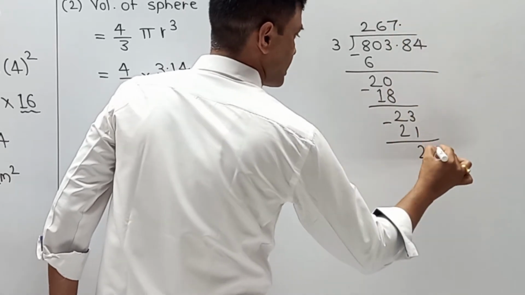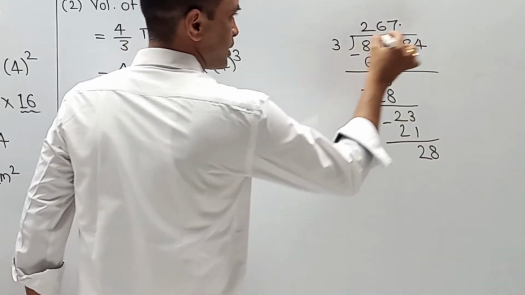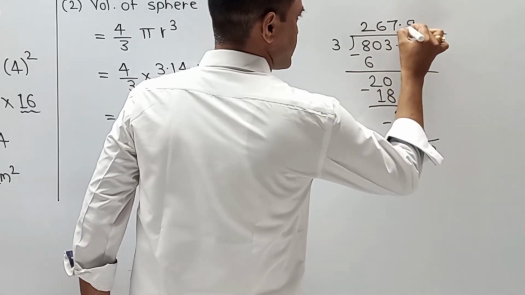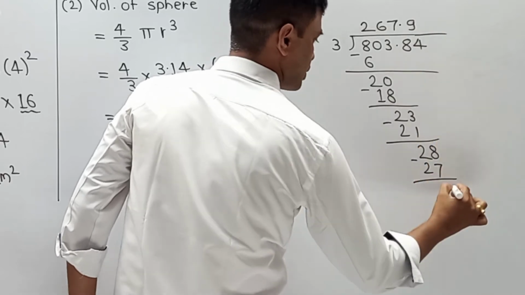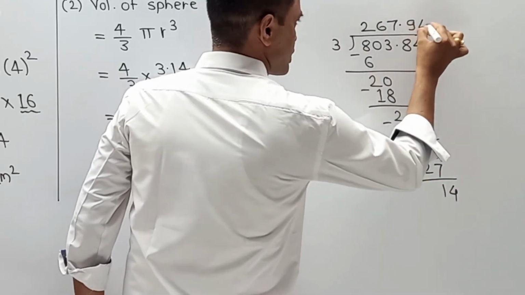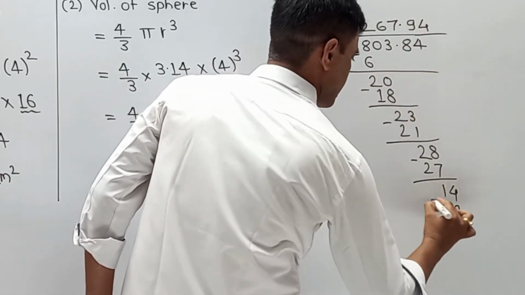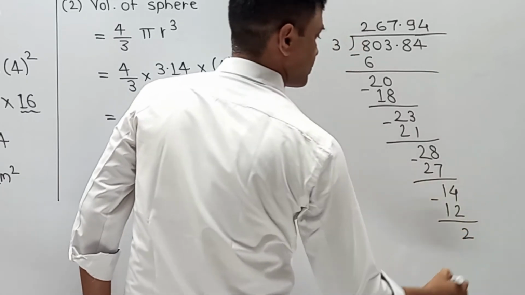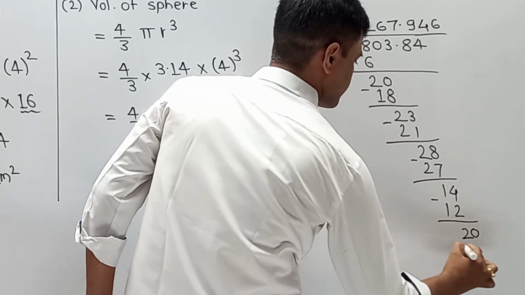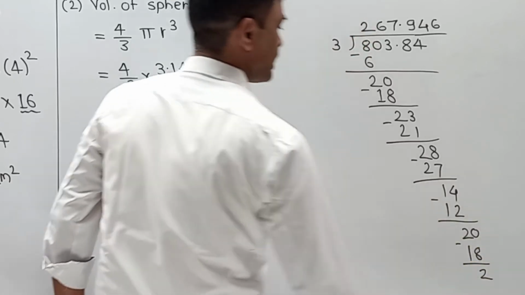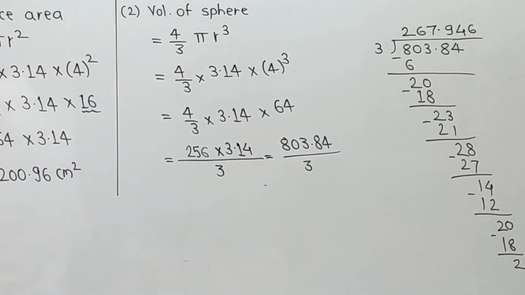Shifting decimal upstairs and writing 8 at bottom. 3 9s are 27. Carry 1, 4. 3 4s are 12. Carry 2. Writing 0. 3 6s are 18. Carry 2 and recurring. So, your respective answer is